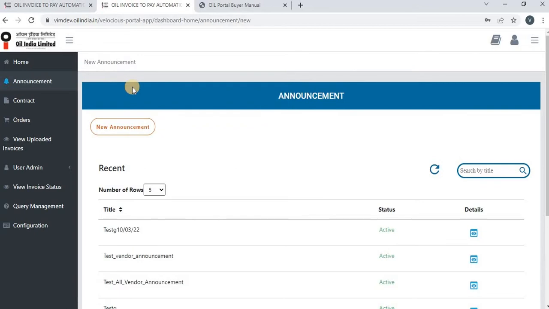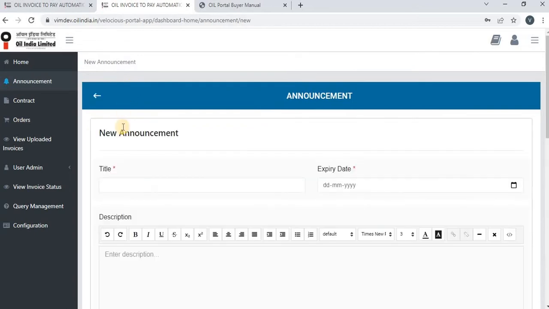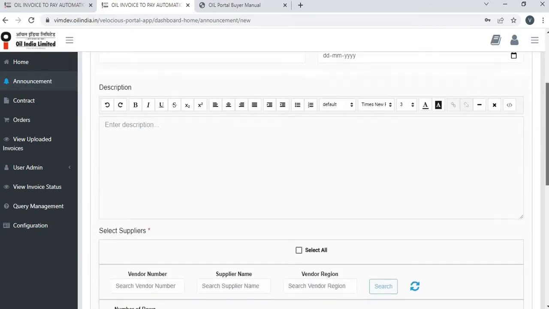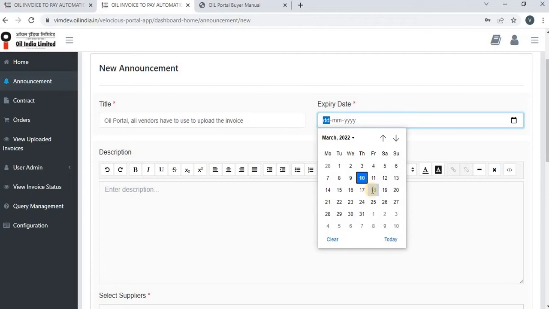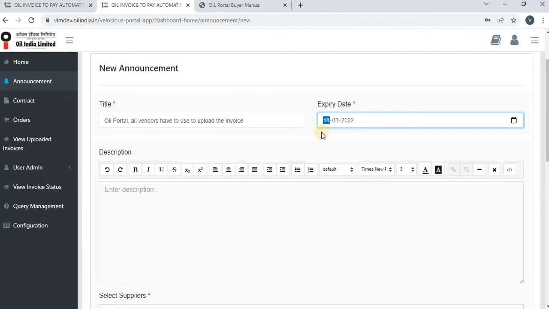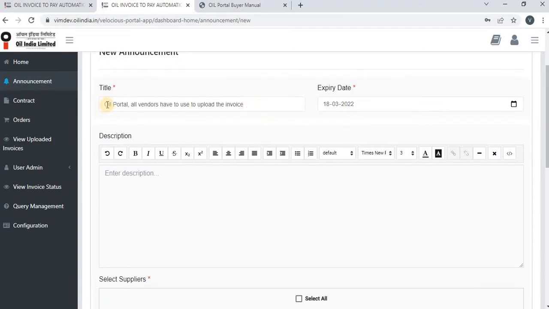Let us see how to create a new announcement. So you have to click on new announcement button. Here you have to fill all the mandatory information. First of all, you have to enter the title. Here you have to mention the expiry date, the date till which vendors can see this information. You have to mention the detailed description